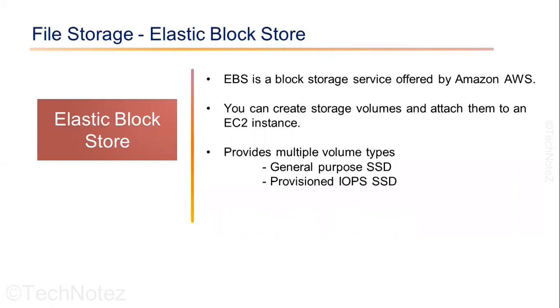These are designed for input output intensive workloads such as large databases. Throughput optimized volumes. These are designed for big data and data warehouse workloads that require high throughput. Cold volumes. These are designed for infrequent access workloads with a lower cost. Magnetic volumes. These are the original EBS volume type and provide the lowest cost per gigabyte of all EBS volume types, but the lowest performance. EBS also provides features such as encryption, snapshots, and the ability to increase the size of a volume, which makes it a useful service for many types of applications and use cases.